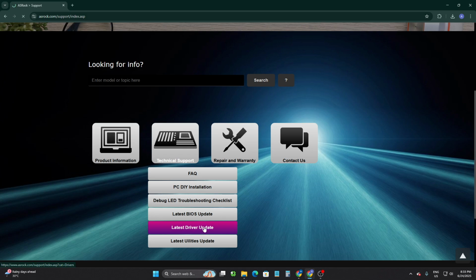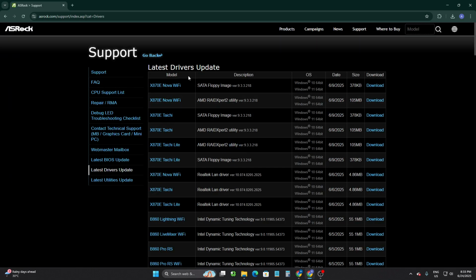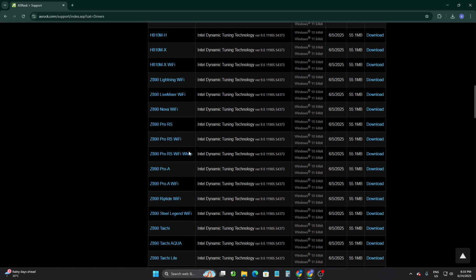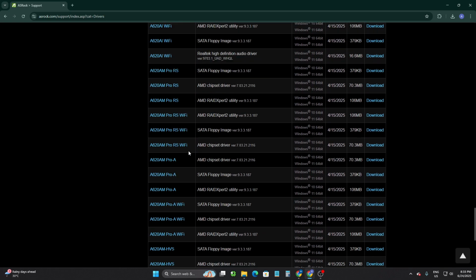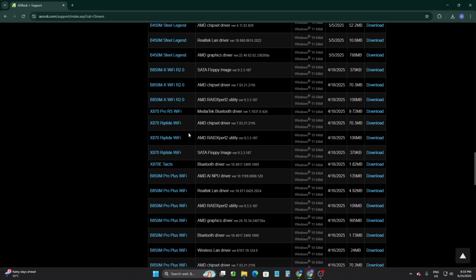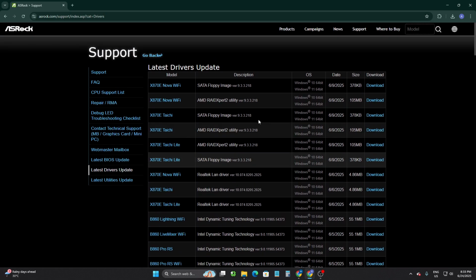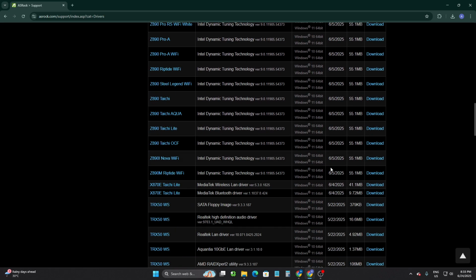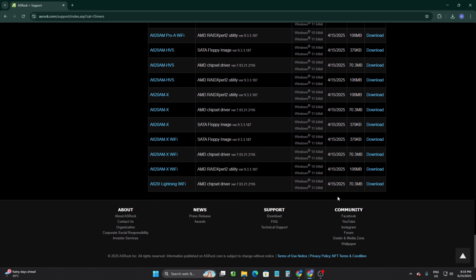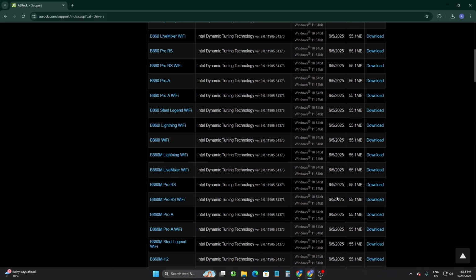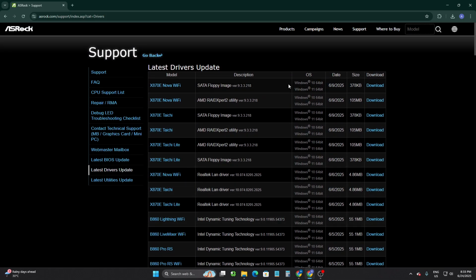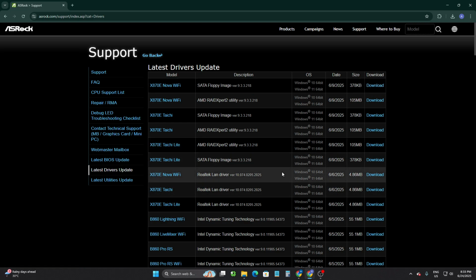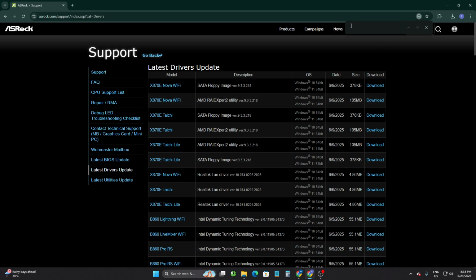You have to simply click on it, and from here you can find different types of models with their updated drivers included here. And you can find the most updated date from here, just like this. Or you can find the latest one and simply click on this download button, or you can simply use your keyboard, Ctrl+F, and search for your motherboard name,